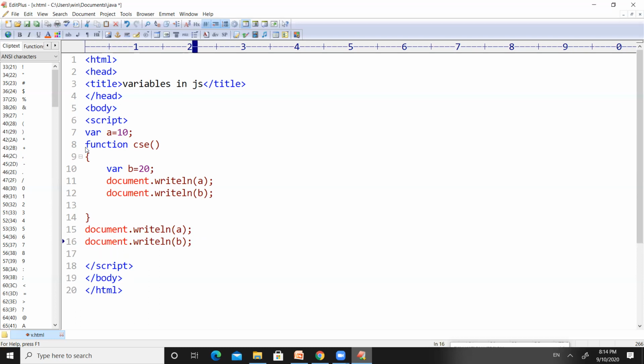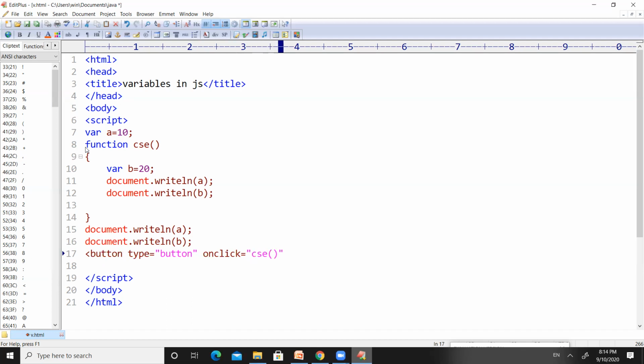So now let us look at what values will be printed. And similar to yesterday's class, let us create one button. Button, type equal to button, and onclick equal to, let us call the CSC function here.